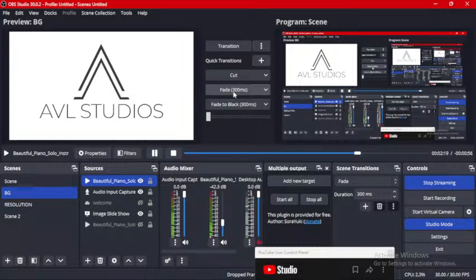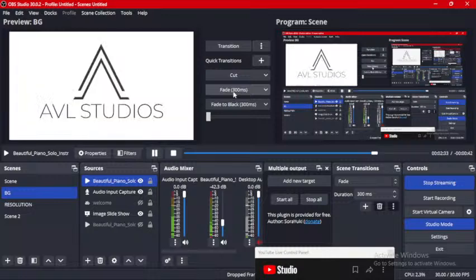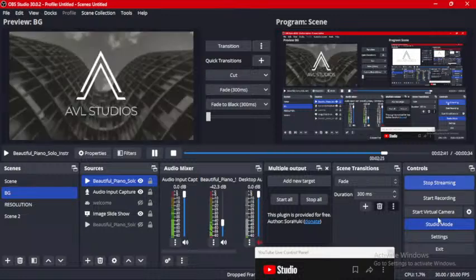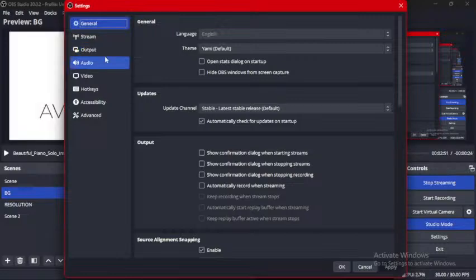Now, let me catch some criminals. I'm going to use the word criminals because some of you, since the day you downloaded OBS, have never even checked the resolution of your canvas or your output resolution. Yes. So let's dive into OBS settings and see where and how to change our resolution. Go into settings, and here are the settings. I won't go into everything. Let's just go to our video settings.